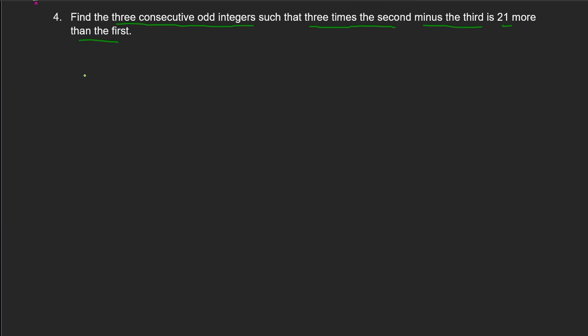Okay, so later, isa-isahin po natin. First, you have to identify ano yung three consecutive odd numbers. Okay, so we have let x be the first odd numbers. Okay, and we have also x plus 2 will be the second odd